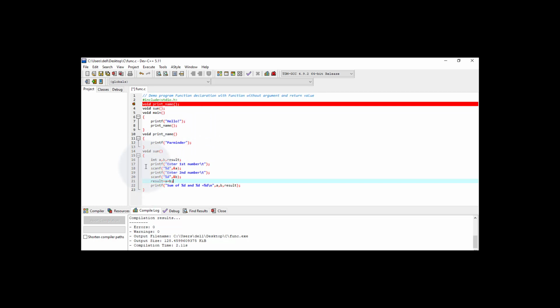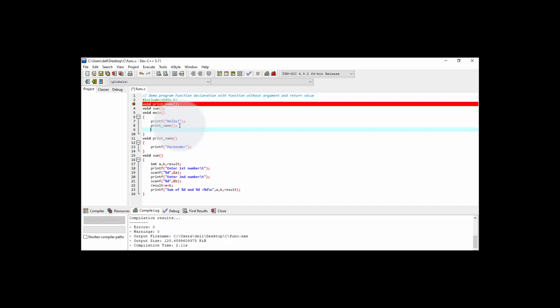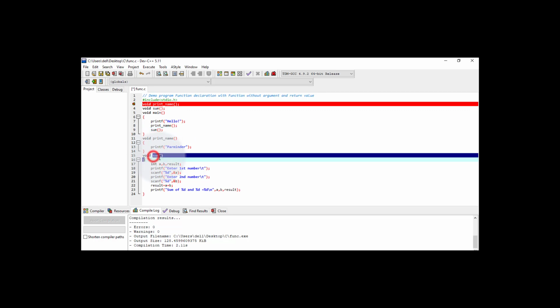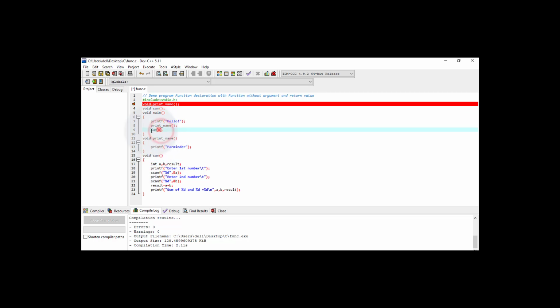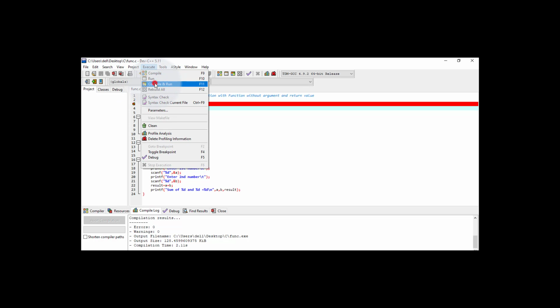So now I have created the function, declared the function here. Now I have to call the function. So here I'm going to call the function, and for this I am writing here sum, and this is the way of calling the function. As I have given the name sum to the function, the same name has to be given over here to call this function. And here I have used the concept of function prototyping. So what I have done, function prototyping, is declaring the function, then writing the function's body at a later stage. So here we go with the same changes, then go to the execute menu, choose compile and run.